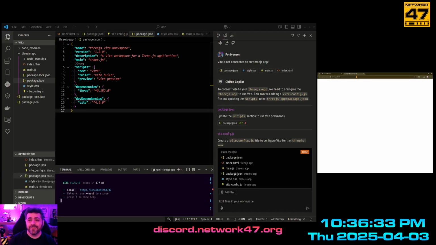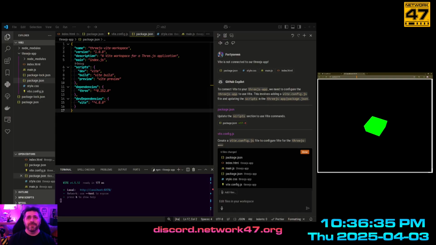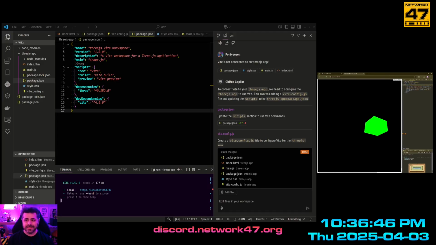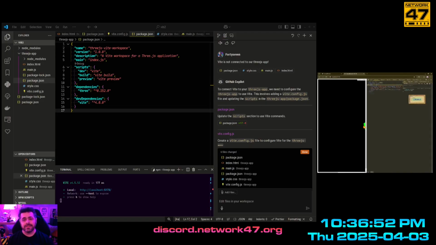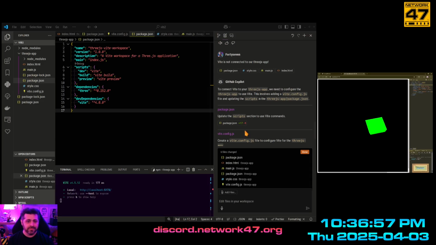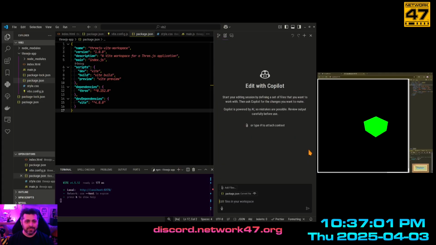So now we're gonna load it over here. So now we got a cube. So that's nice, right? Isn't that nice? So here's an issue we had last time. I know because I saw this going on. I was like, oh man, why isn't it resizing? This is crap. Because you have to tell the computer you want it that way. So we're gonna click done. We're gonna start over, basically.